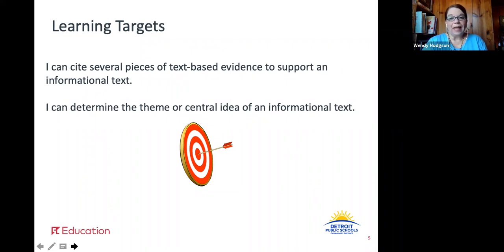And you'll be pulling out of that some text-based evidence, specifically responding to a couple of questions. Secondly, I can determine the theme or central idea of an informational text. So in our writing segment later, we're going to actually be writing a response to that, okay?